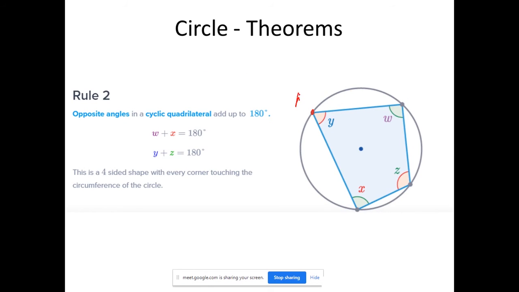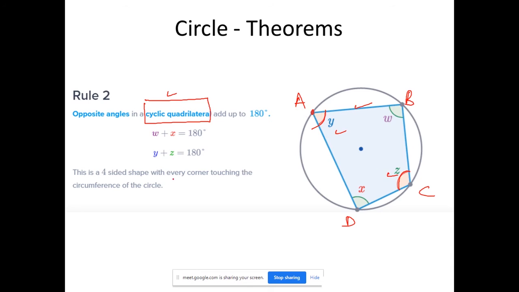Okay. Another rule is that if you make a circle and within that circle, if you take any 4 points A, B, C, D and connect them and make a quadrilateral. A quadrilateral is that object which has 4 sides. Quad is 4, lateral is sides. So if you connect 4 points on the circumference, you make a quadrilateral. In that case, the quadrilateral which is inside the circle is called a cyclic quadrilateral. It becomes a special type of quadrilateral.